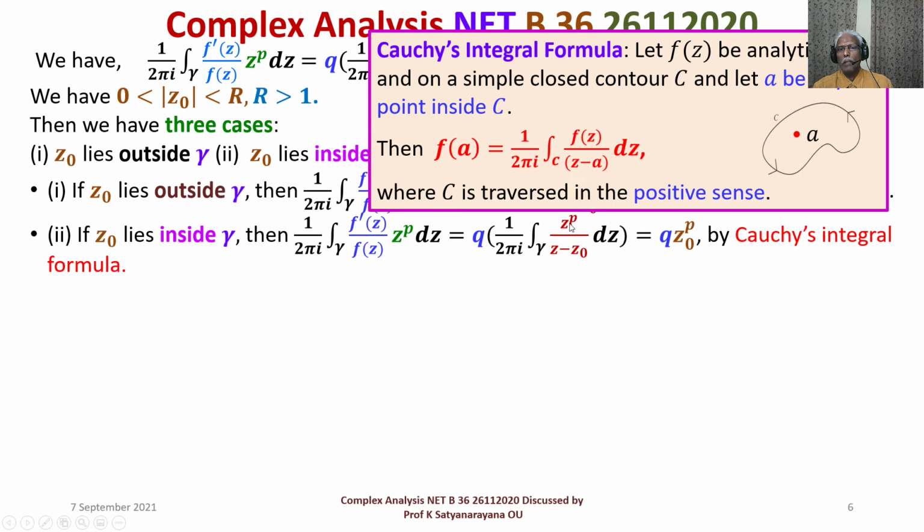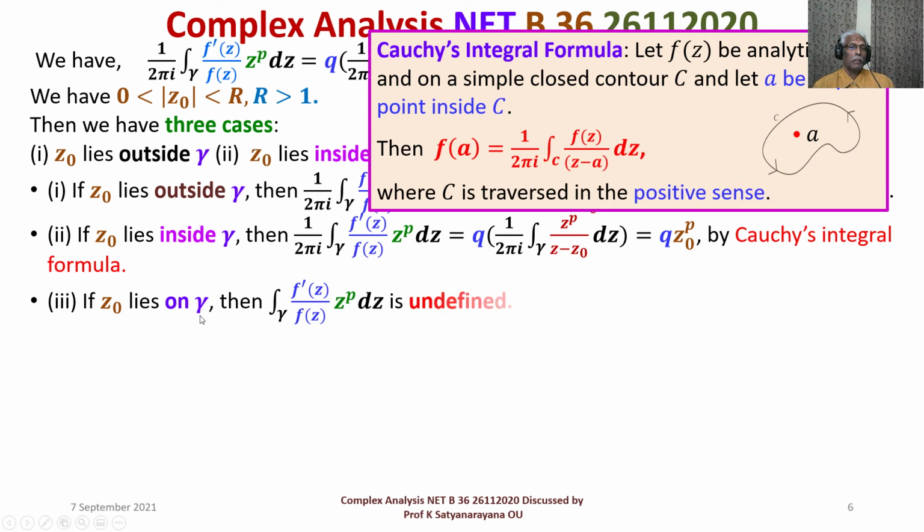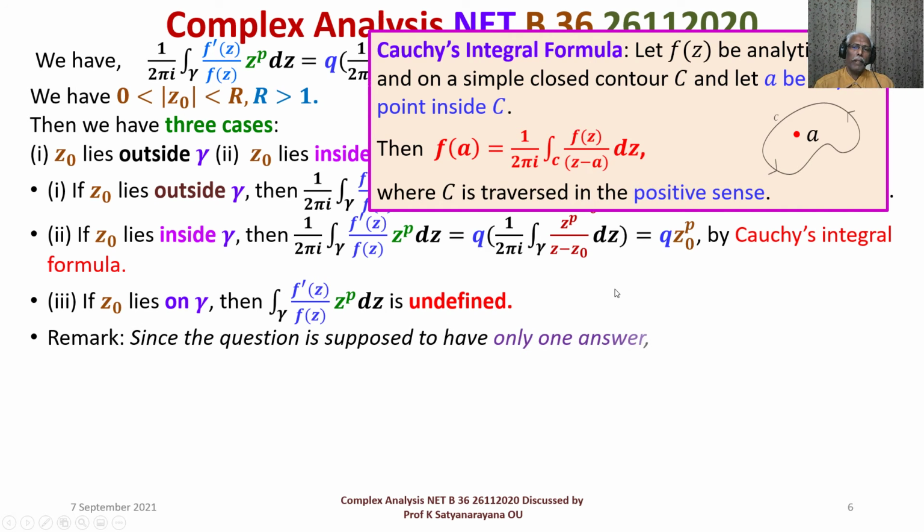F of z naught means f of z is z to the power of p. F of z naught will be z naught to the power of p, and q is constant by Cauchy's integral formula. Now look, if z naught lies on gamma, then the integral is undefined. Therefore, now what the remark what we are making is, this is a question where you are supposed to have